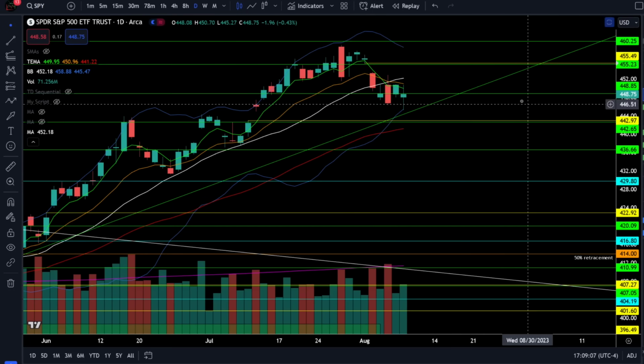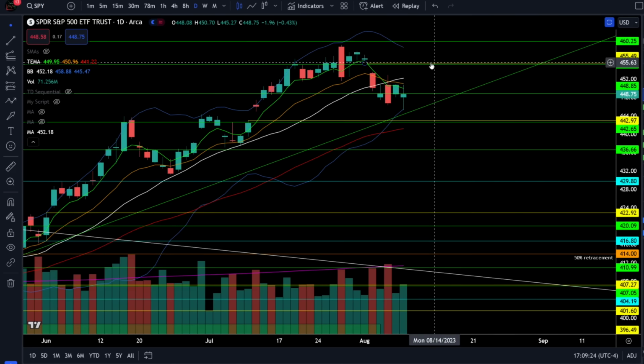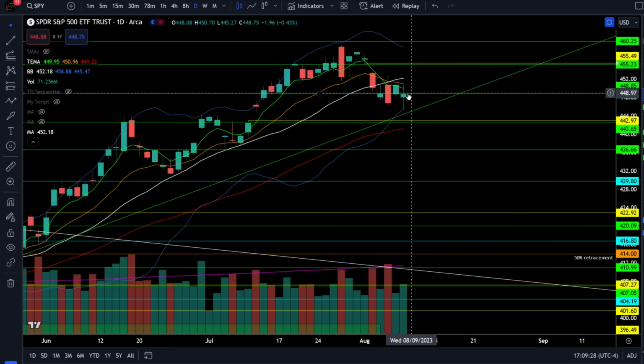Alright. Today's SPY was down 0.43% and we're still closing right near this support zone right around 448, and this is going to decide which gap in SPY we likely fill first. Now we have the gap down here right around 443 and we have the gap up here above 455, and we know these gaps are very likely going to get filled and we're stuck right in the middle of both of them. Now, bigger picture, we're still in a bull trend, and the expectation is still higher prices,